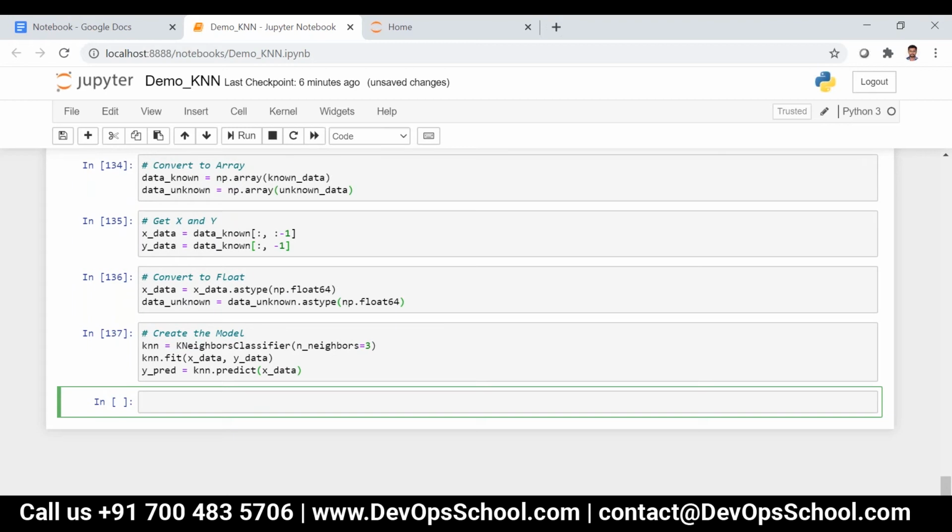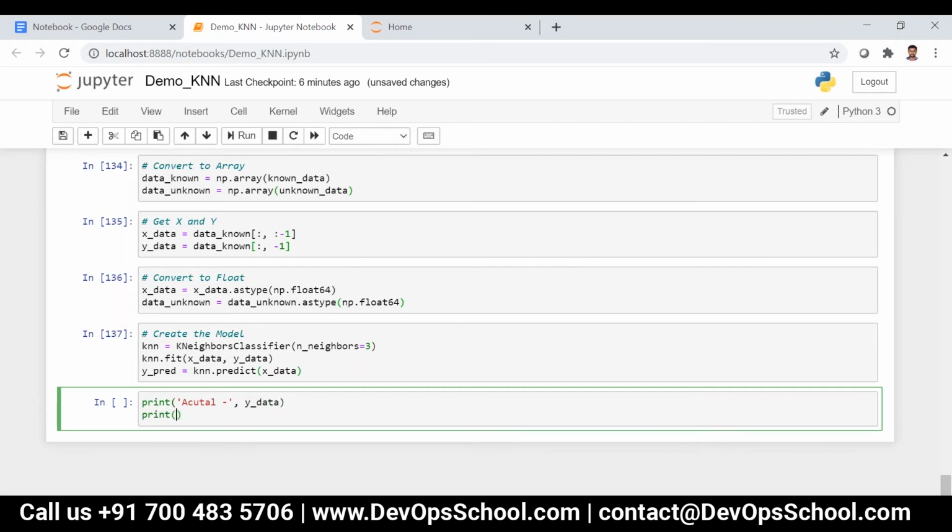It's done now. It is not throwing any warning like before. Now let me print it. Actual is y_data, and let me print predicted, that is y_pred.